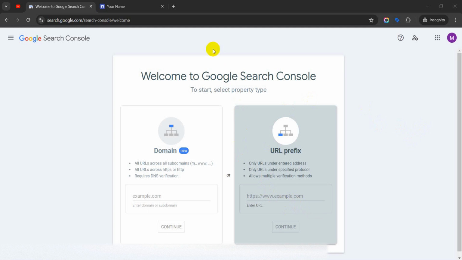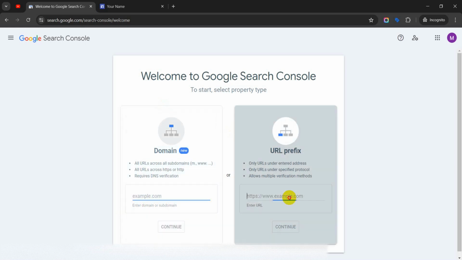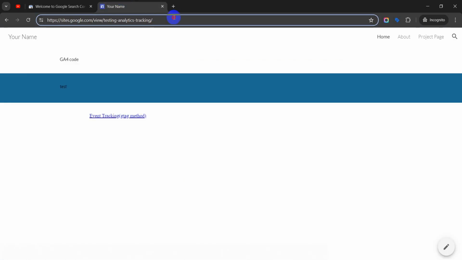So first, when you log into Google Search Console, you will get these two options. On the left hand side, we have domain verification. This requires DNS verification, so I wouldn't suggest going with this. This is a bit more difficult, but we have the URL prefix which is there on the right hand side, and this is more easier to set up. All you need to do is just put the URL here and it will automatically get verified. So let me just copy this URL